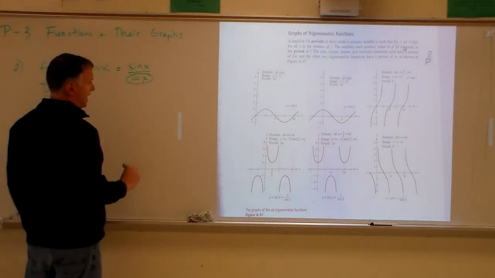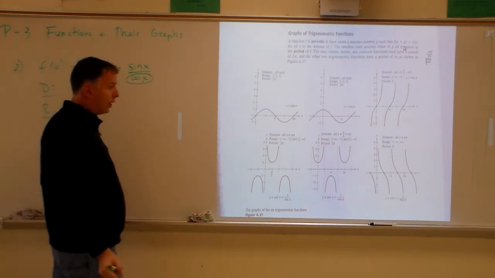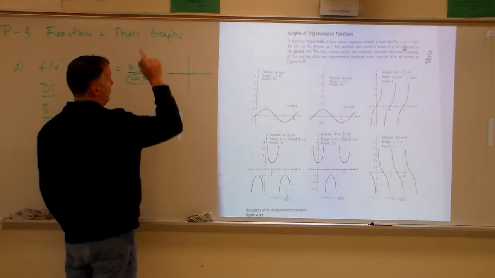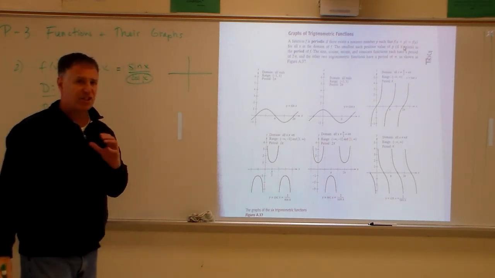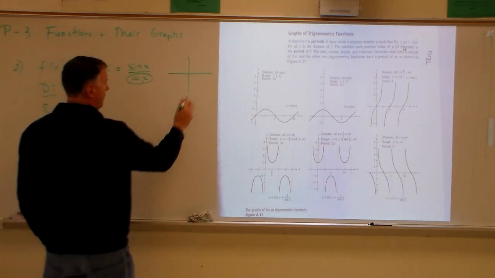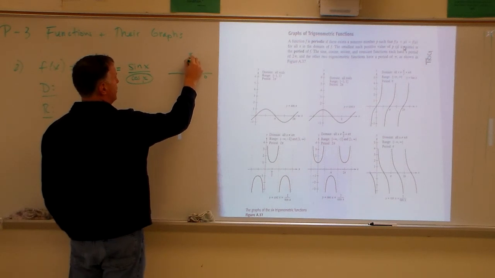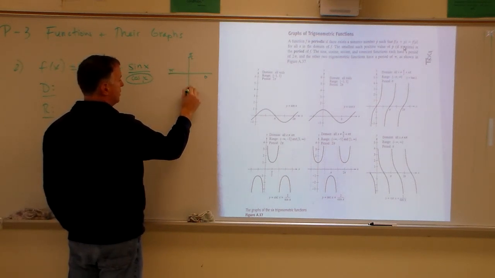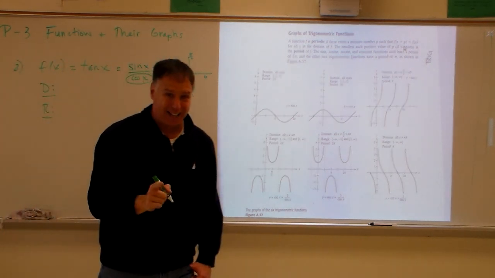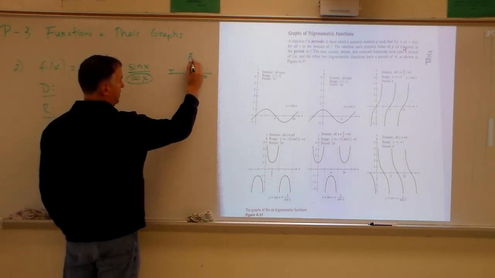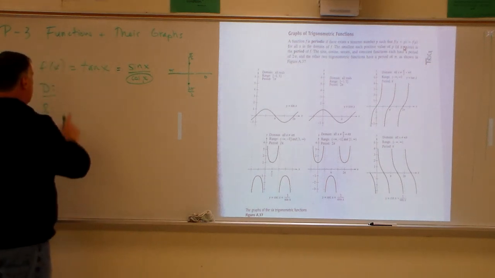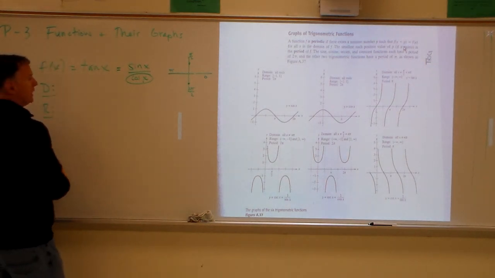We have to worry about where cosine is 0. So I want to go to our unit circle, because that's what I always do. I break down trig functions to the unit circle so we have an understanding of it. And once you have the understanding, then you can go and answer the question. This is 0. This is pi over 2, which is 90. This is pi. This is 3 pi over 2. Where is cosine 0? Where is your x 0? Your x is 0 here and here. Okay? So if I'm looking for my domain, I can't have